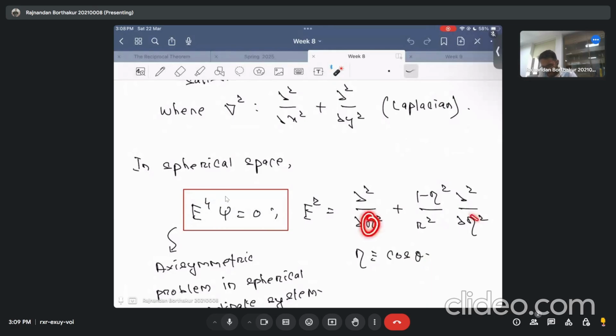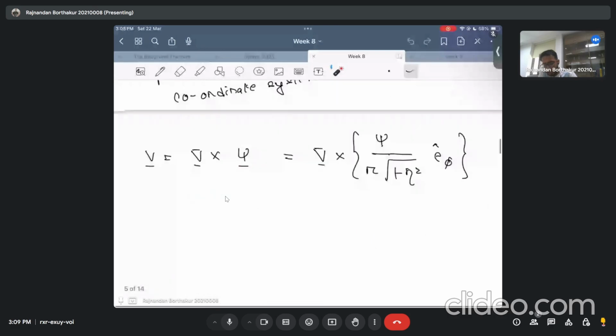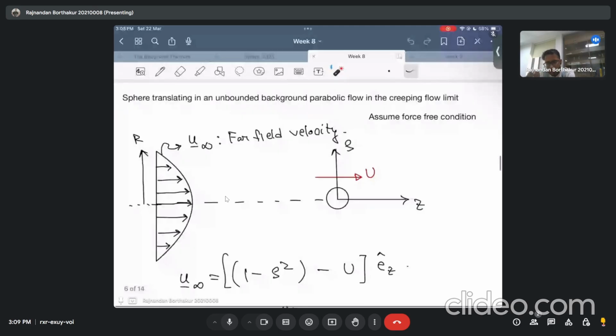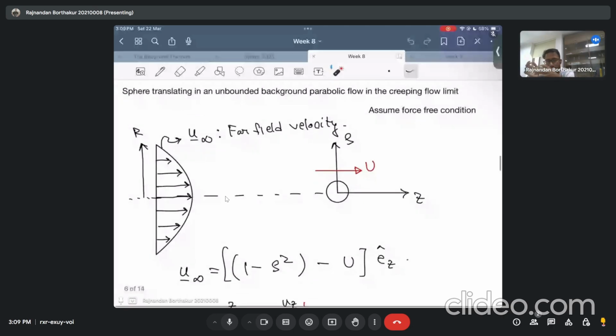Okay. And then using this stream function, we solved the problem, which is similar but a little bit more involved than the problem that you solved in the theory classes. Remember, in the lecture classes, you found something known as the Stokes drag. That is the drag that a spherical particle would experience when it is subjected to a uniform flow in the